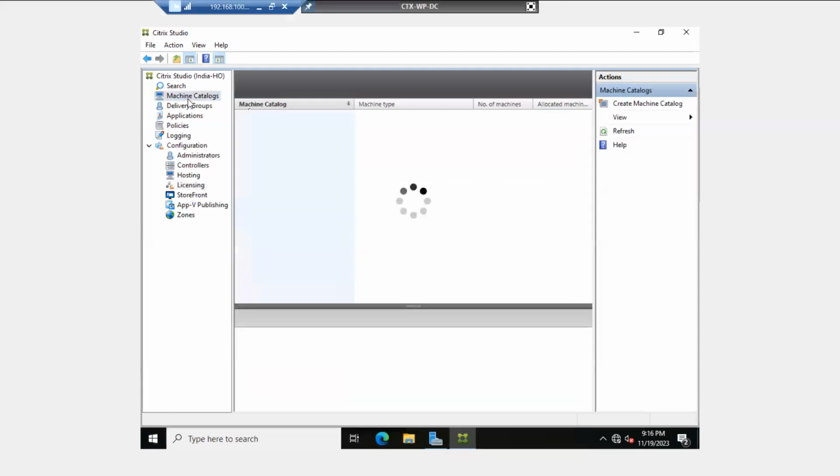Now our task is to create the machine catalog. So as I told you, machine catalogs are nothing. These are just the collection of all the virtual machines. So today, what we will do, we will create the machine catalogs, right? To create the machine catalog, first we have to create one master image. So to create the master image,